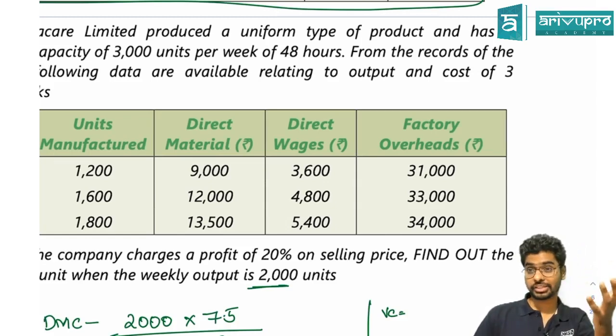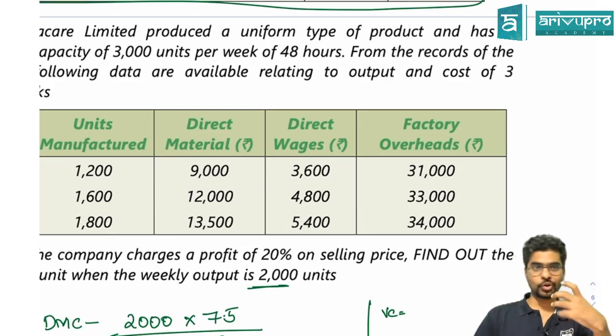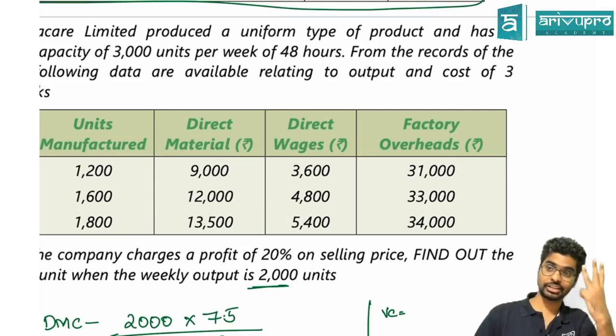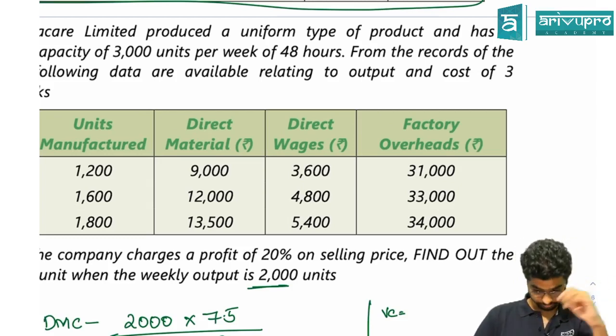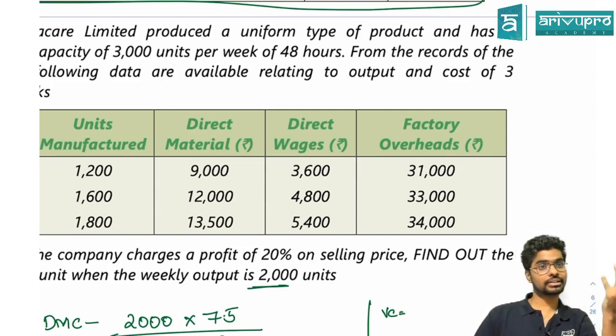Then comes the fixed cost. When can it be a fixed cost? When it is constant in all the three cases. Is it constant in total in all the three cases? The answer is no. When it is no, that means it's not a fixed cost. So, when it is not a fixed cost nor a variable cost, then I have the third category to save me, that is called as what? Semi-variable cost. That is, it has a component of both fixed and variable in it. Are you clear? Is everyone clear?